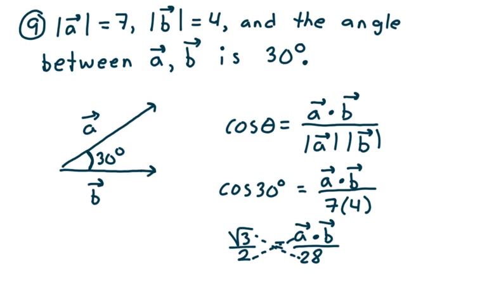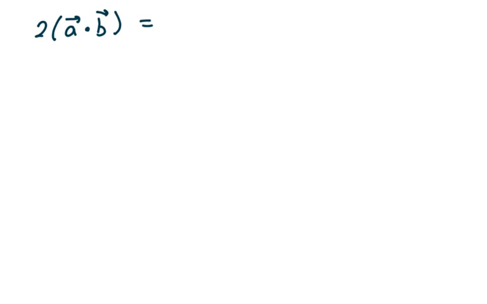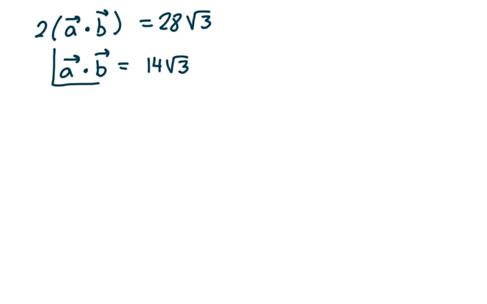So 2 times the dot product of A and B is equal to 28 times the square root of 3. So if I divide both sides by 2, I get the dot product of A and B is equal to 14 times the square root of 3. And that's how we do problem number